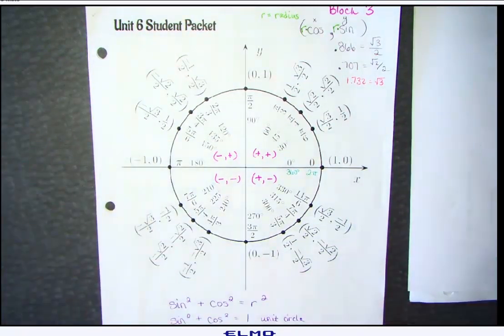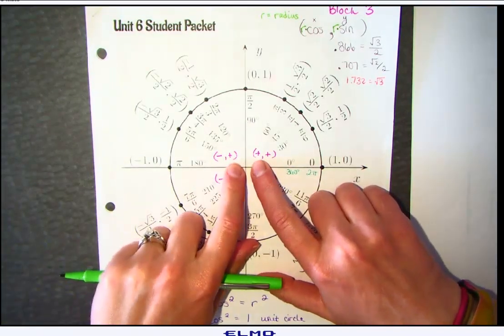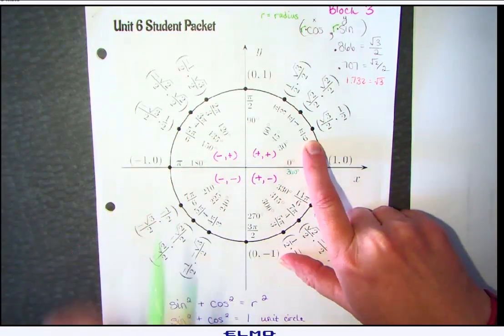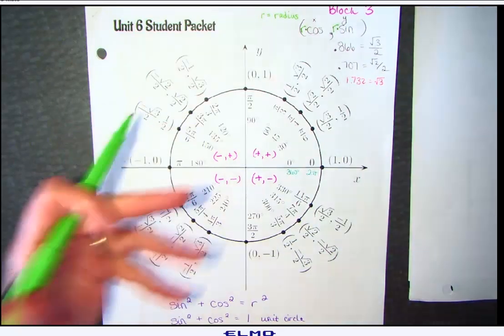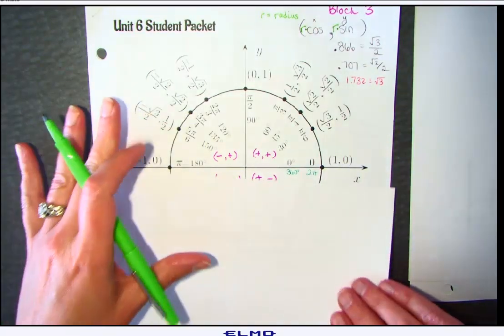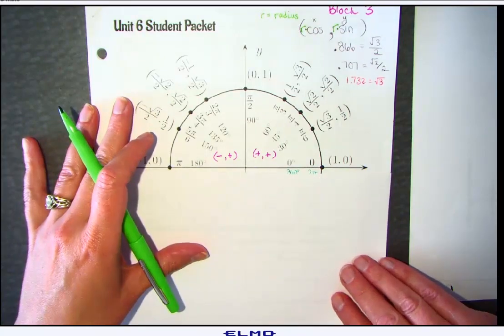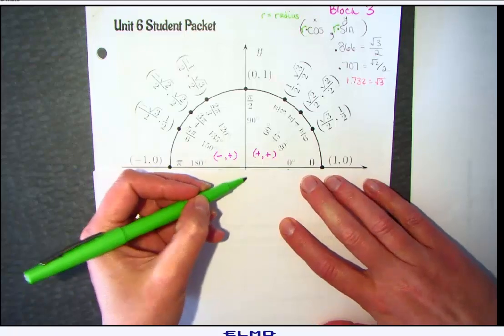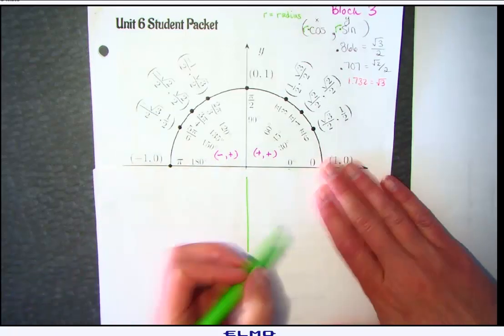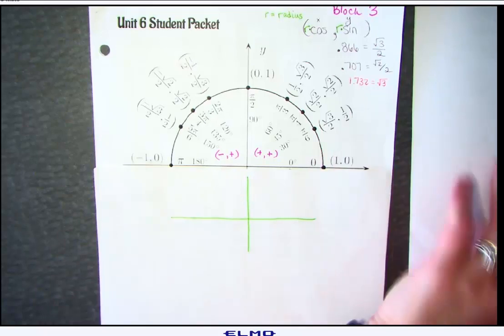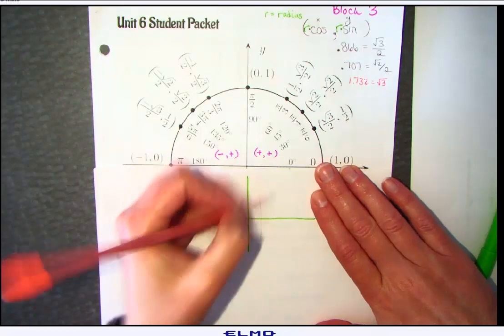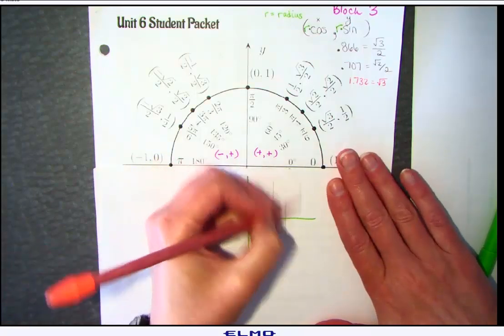So thinking about our first couple lessons, we were thinking a lot about how each of these values can become a triangle. We haven't come back to that idea for a while, because once we have our unit circle and the values here, all of our information is really on the unit circle. So I want to bring back this idea of what it is that we're actually solving and working on. So we have a coordinate grid